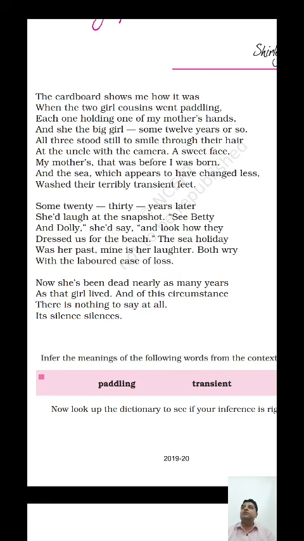The sea holiday was the past of the mother, but the laughter of the mother was a thing of the past for the poet, because her mother was no more. Her mother had passed away. Both wry with the labored ease of loss. She was very much sad, she was very much upset, and she was actually tired with the labored ease of loss.